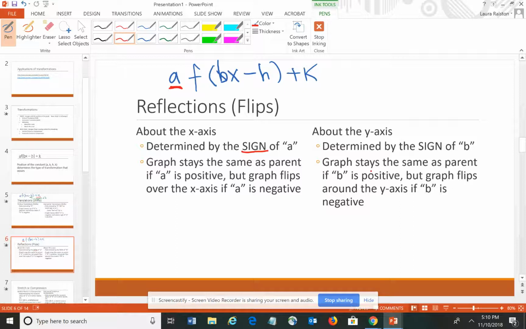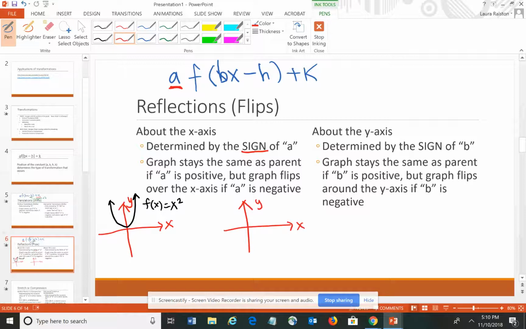But if it's negative, that causes a flip. So let's think about that for a minute, kind of think about what that might look like. If your original graph, for example, is like a good old basic everyday parabola, like this basic U-shaped curve, and in good old everyday form, that's just plain old f of x equals x squared. Well, if I put a negative in front of the function,